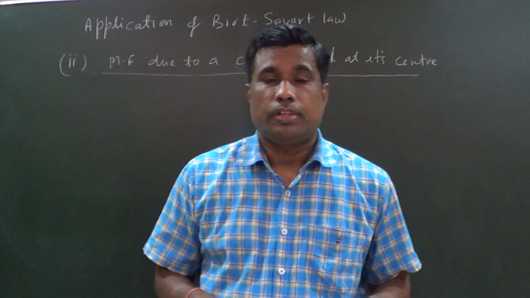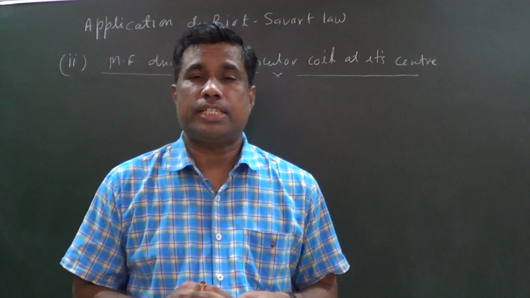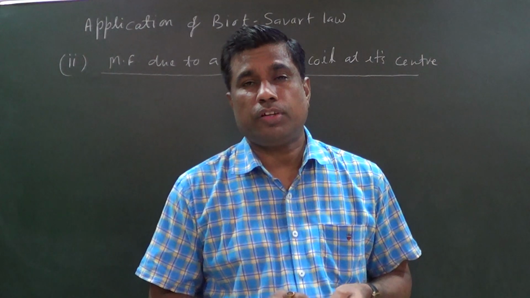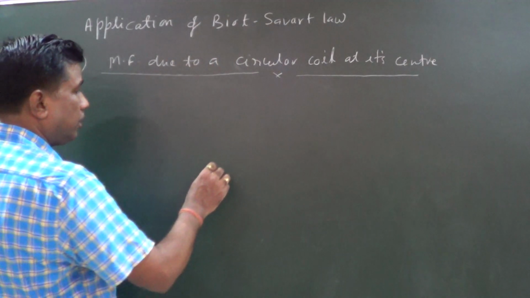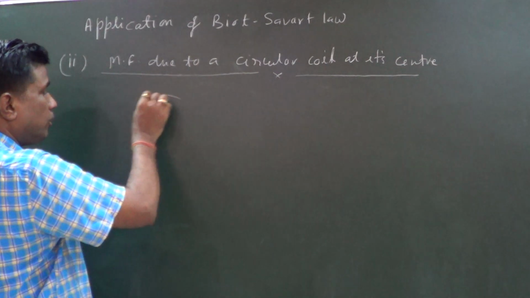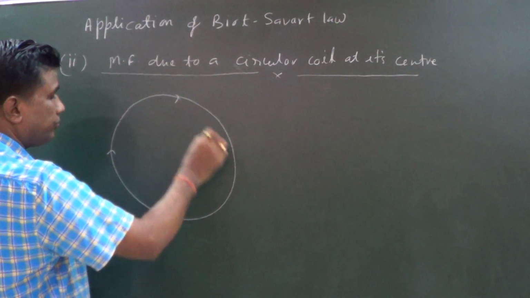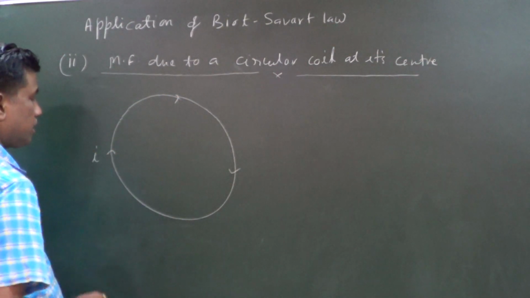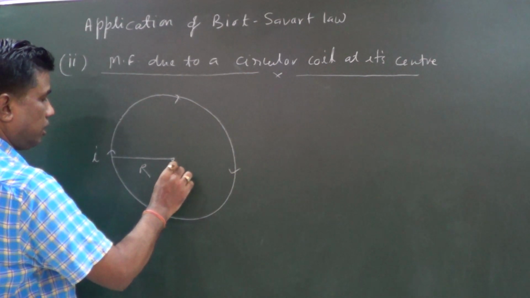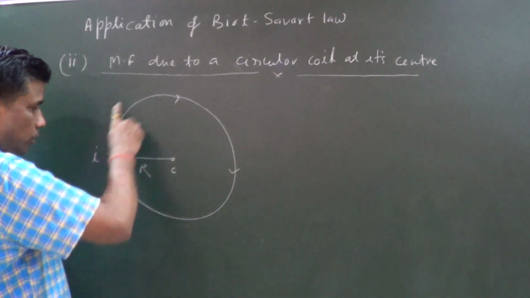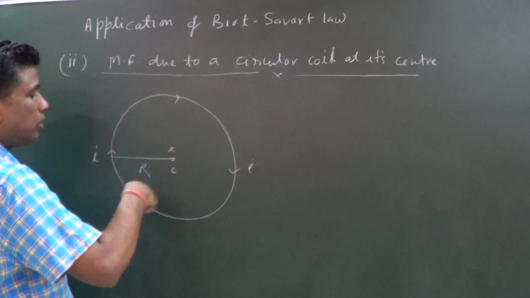Hello students. Now we are going to solve one numerical based on this topic, magnetic field of a circular coil at its center. Students, in the previous video I derived a formula for the magnetic field of a circular coil at its center. Suppose this is a circular coil in which some current I is flowing. At a distance capital R there is a point C. I told you in the previous video that the direction of the magnetic field at this point is perpendicular to the plane,